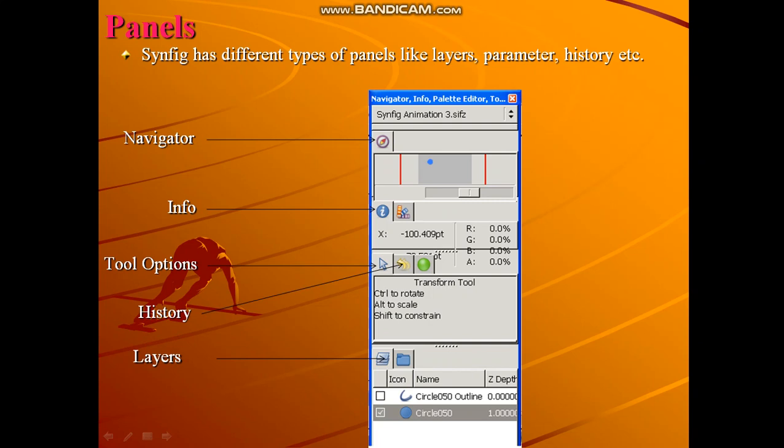Here you can see two layers displayed, circle 050 outline and circle 050. It means when you create a circle, it creates two different layers, one is the outline and one is the circle fill layer. If you don't want both these layers, then you can turn one off from these tool options while creating the circle.